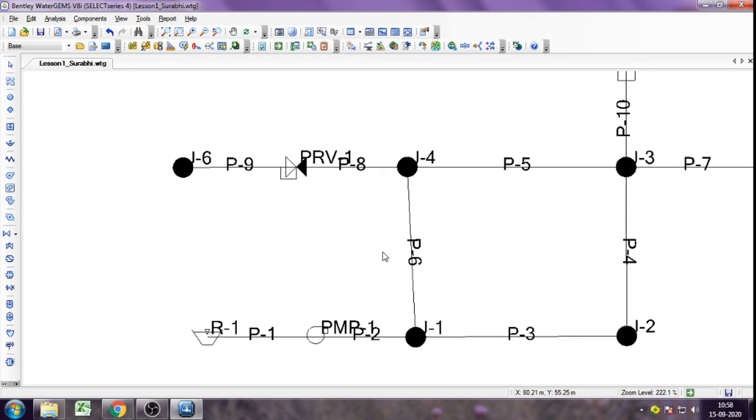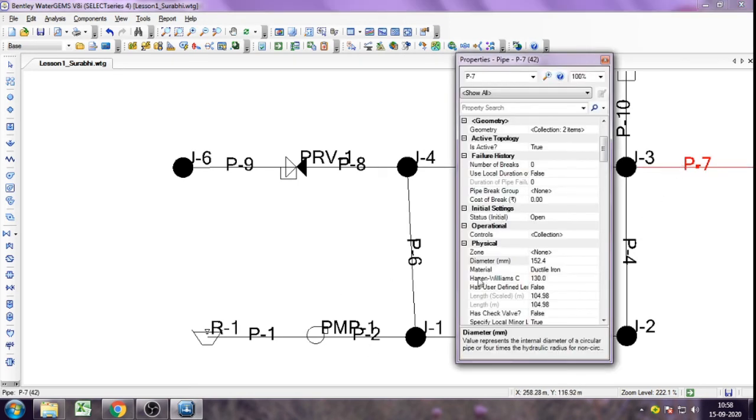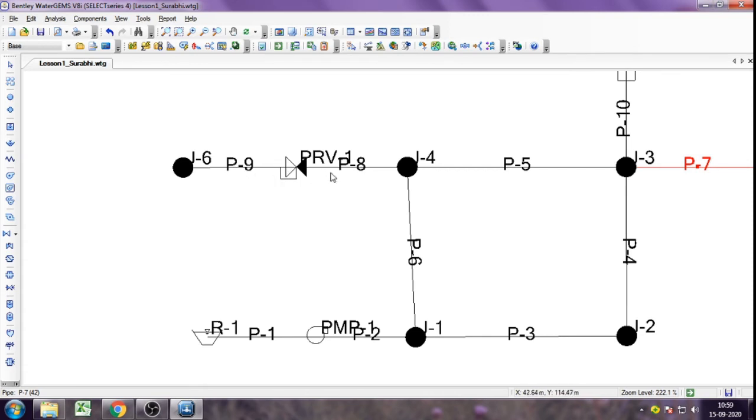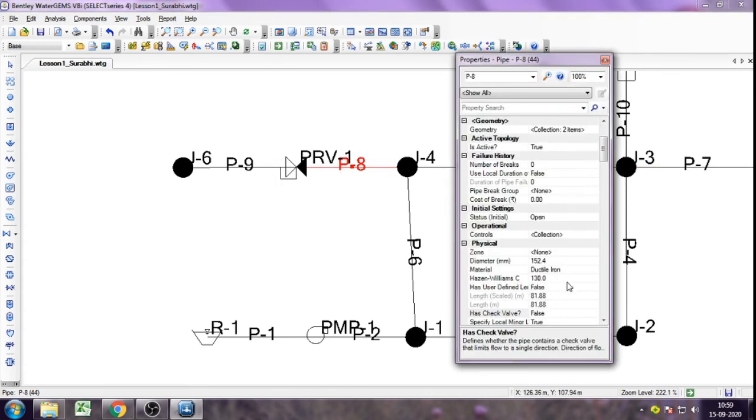Now similarly for pipe number 7, the user defined length is 400 mm, meaning 0.4 meter. For pipe number 8, user defined length 0.5.